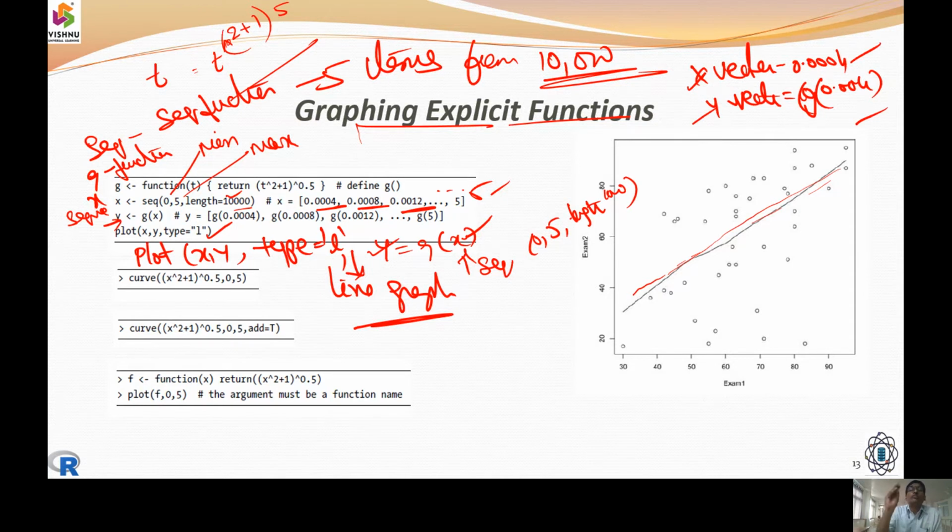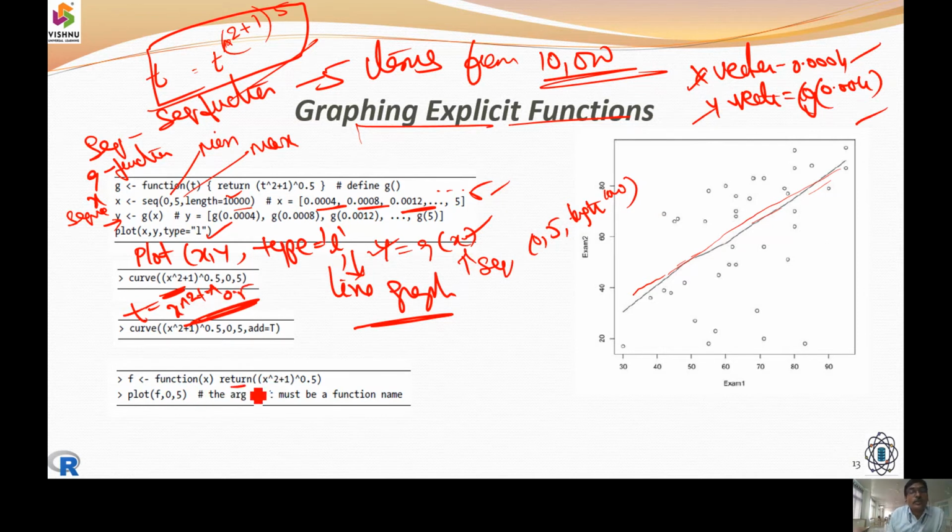Okay, how can we formulate the graph? We have an explicit function. What was that explicit function? That is x power 2 plus 1, power 0.5. So this was the function that we need to consider. It is already predefined. So we are going to have a function as follows, and that function we need to represent in a graphical way. So how are we going to choose it? We can choose x power 2 plus 1 and power 0.5.